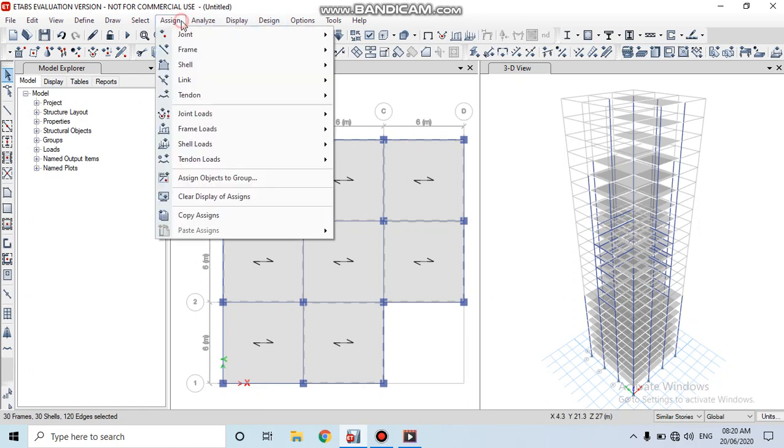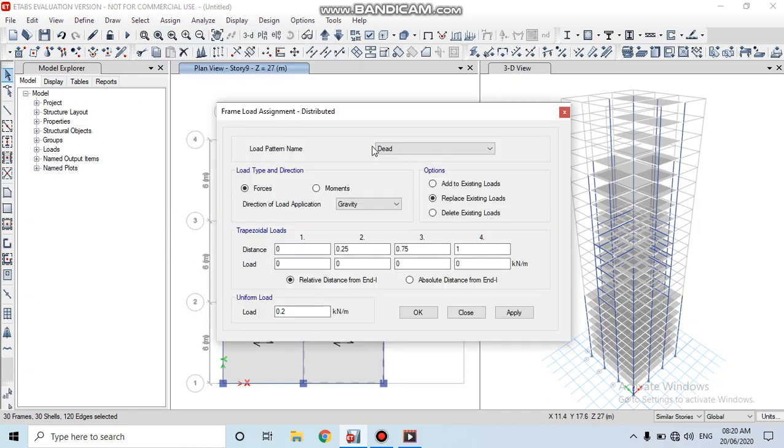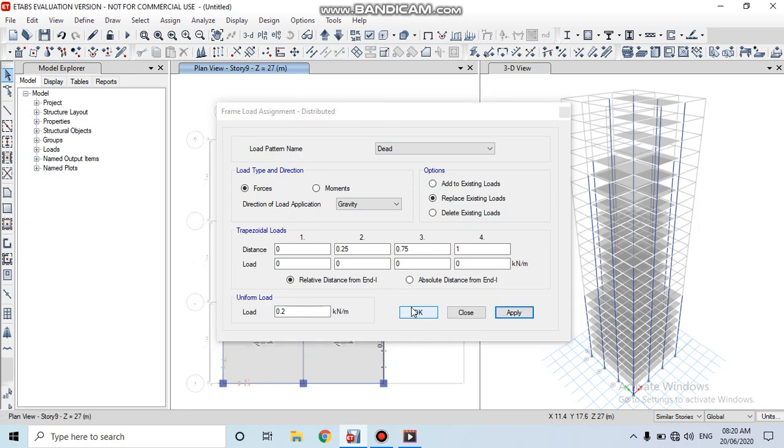Then go to assign in the similar manner. Click onto the frame loads. Click onto the distributed with a load of 0.2. Click on apply. Then click on OK.